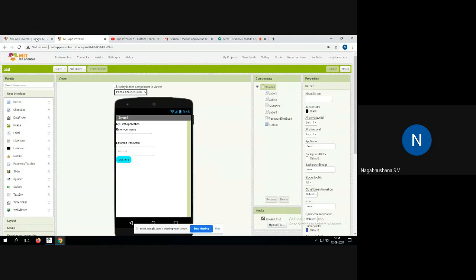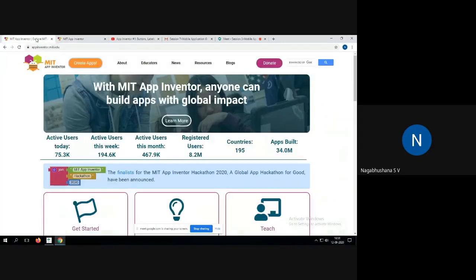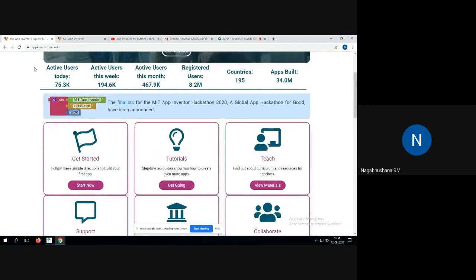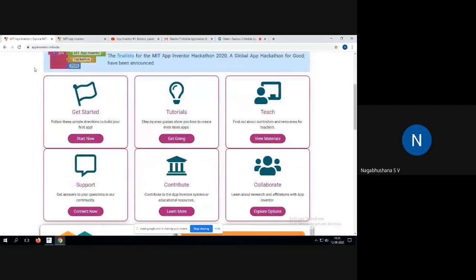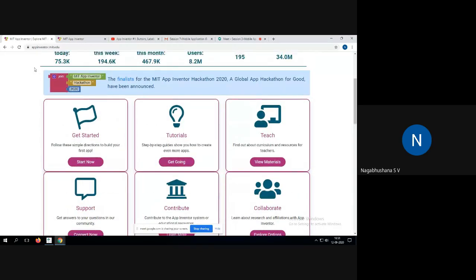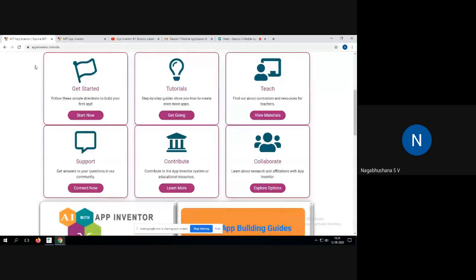If you go to appinventor.mit.edu, it is a tool which will help you develop an APK file and get it deployed on mobile platforms. You have the methodology of doing it. You have tutorials. Then you can design your app and put it in the stores.